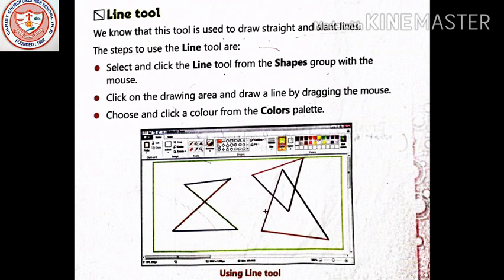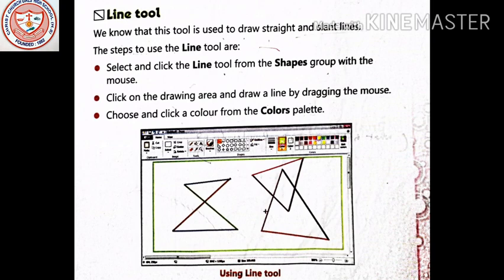But with the help of a line tool, you can draw straight and slanting lines easily. We know that this tool is used to draw straight and slant lines.